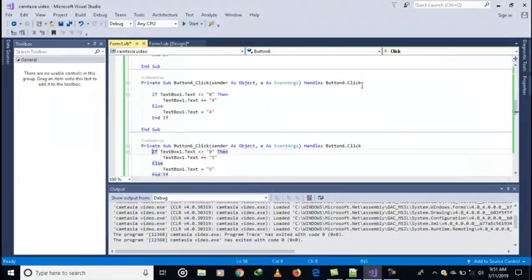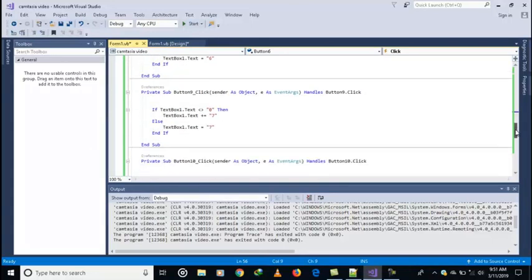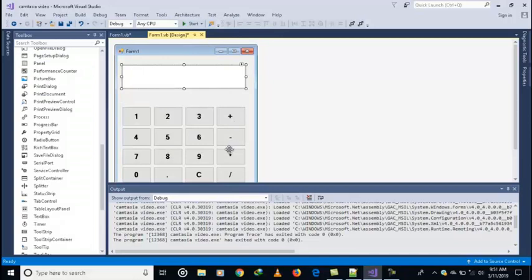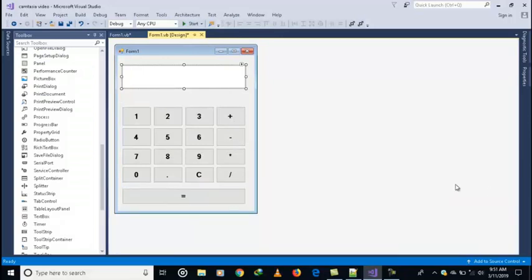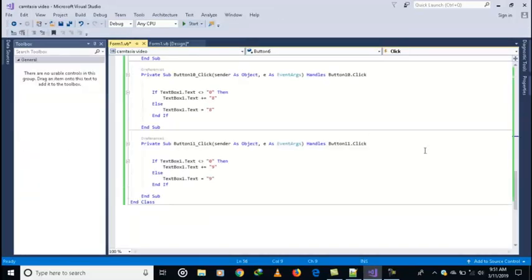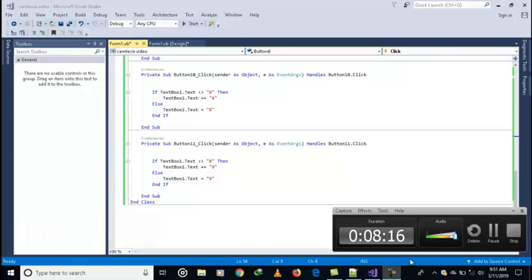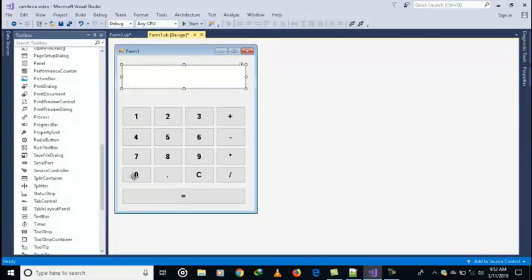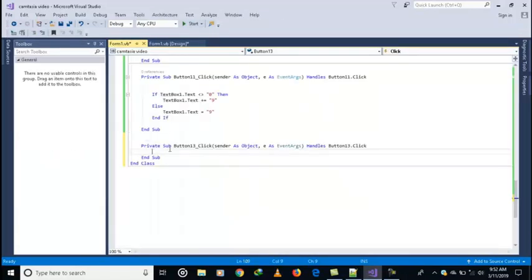We've not yet done for 0, star, and cancel, as well as the operators and the equals to. We've not done for here and here, so we're about to do that now. So we come back to the code to do for 0. For 0, we select 0. We just copy this,